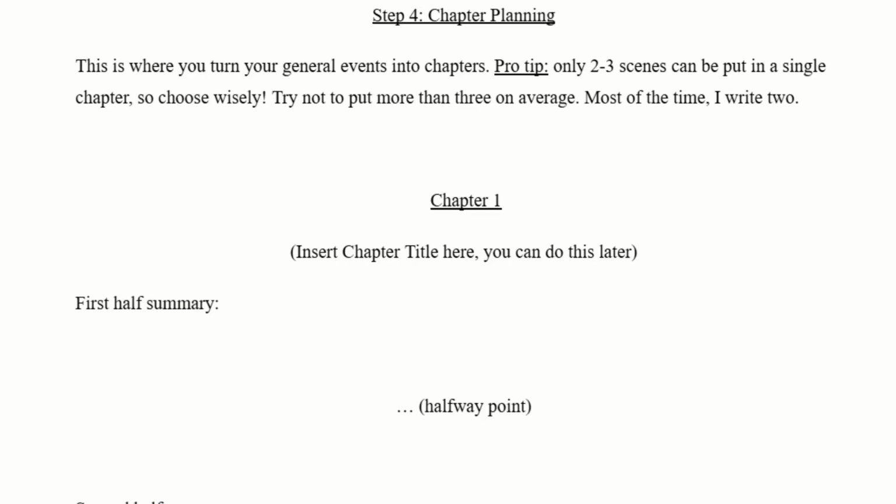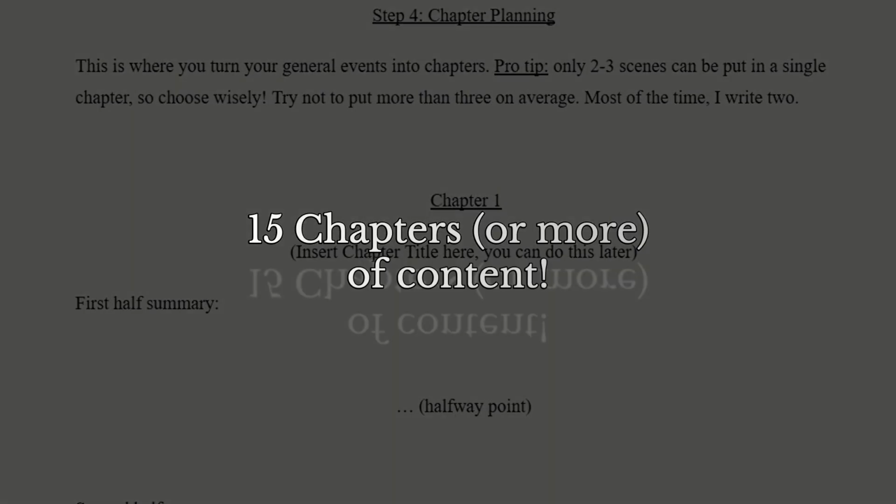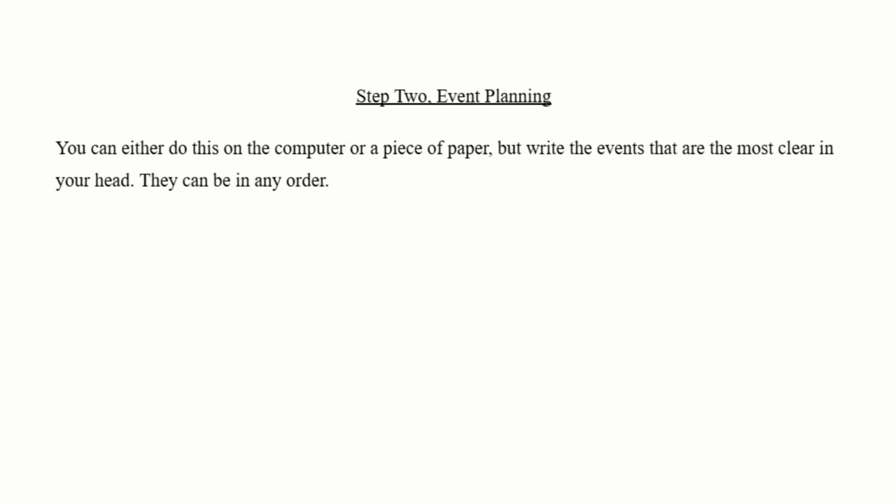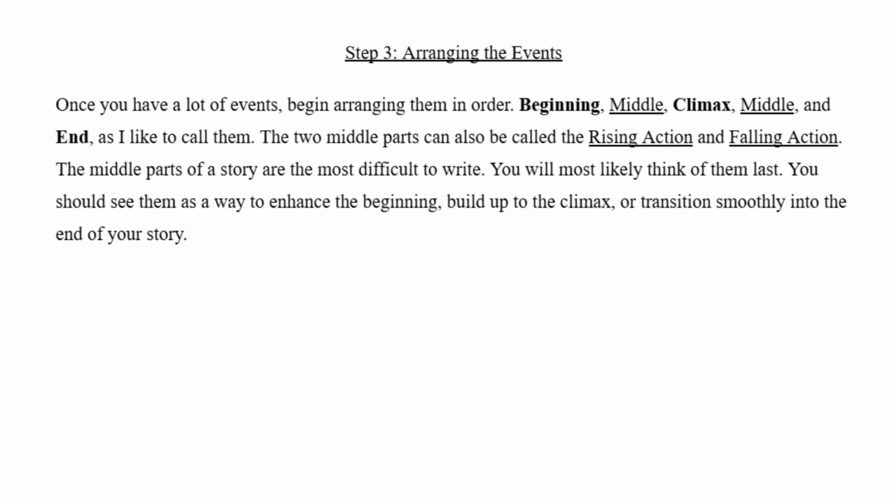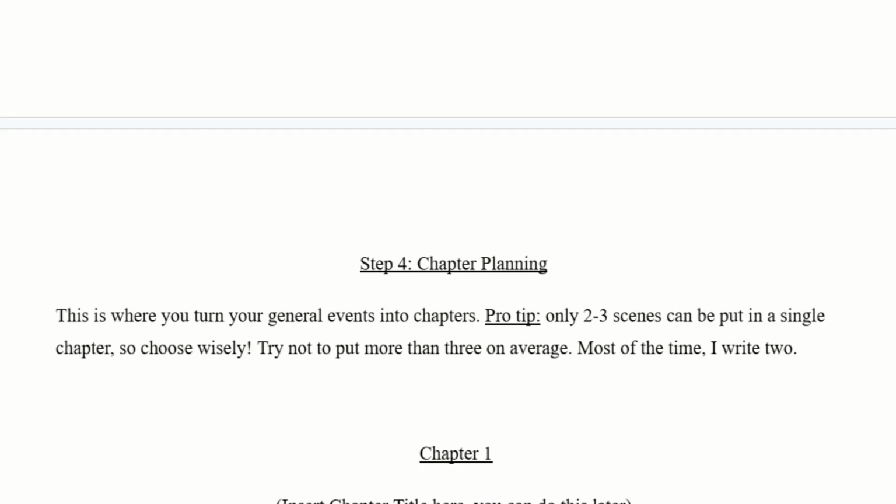Finally, all we need to do is write summaries like this another 14 times, and we'll have 15 chapters of content. The beauty of this outline format is that you can easily get to and change events whenever you want. That way, when you inevitably run into problems writing the chapters, you will have an outline to consult to figure out what went wrong and how to fix it structurally. So without further delay, I'm going to fill in this entire outline with the chapter summaries.